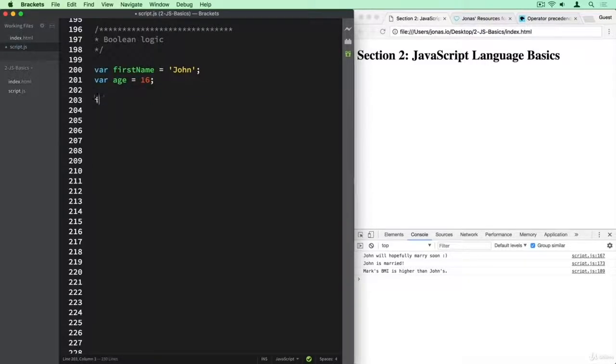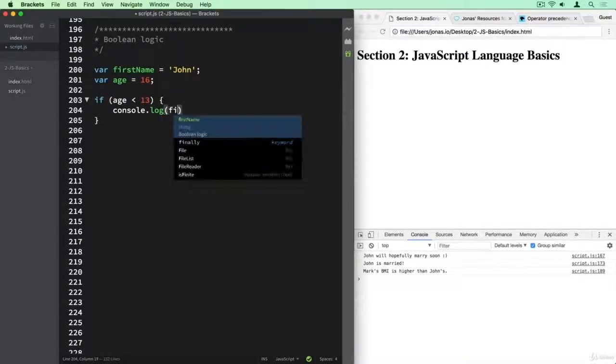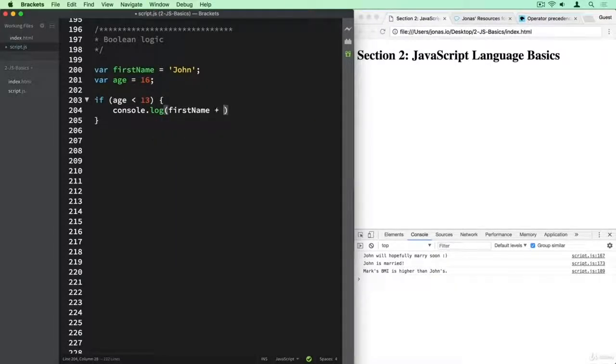All right, so we use our if-else statement, and we can say that if John is younger than 13, well, then he is a boy. All right, so console.log first name plus is a boy. All right, and then we can say else, and let's just copy this line of code here,